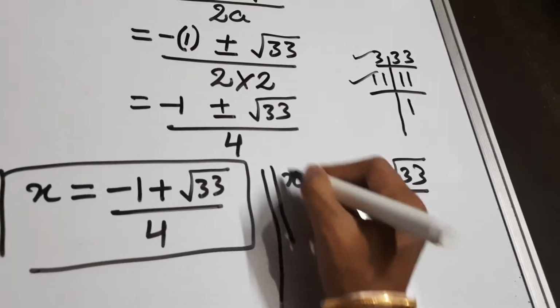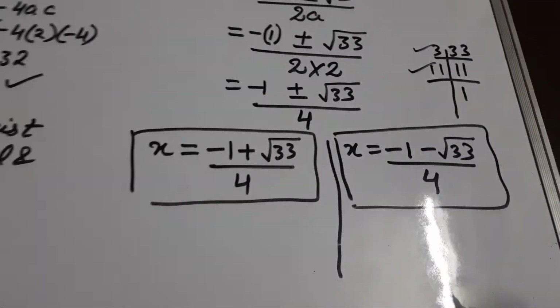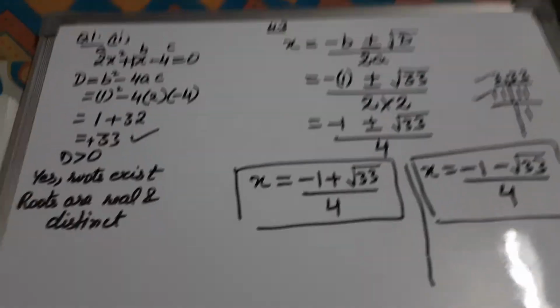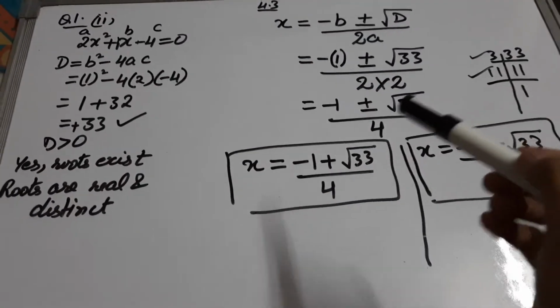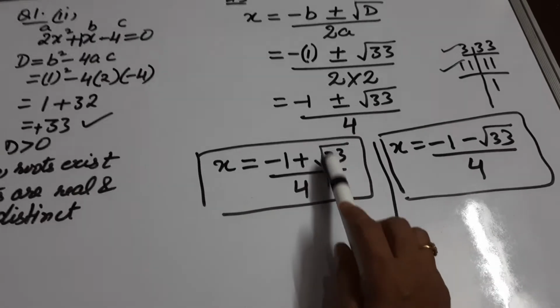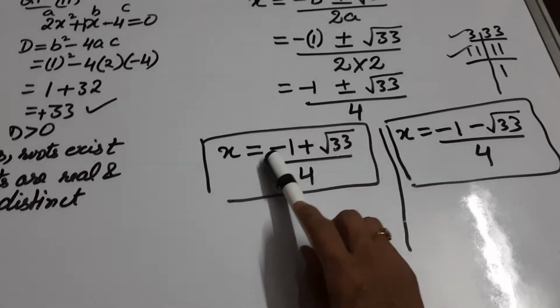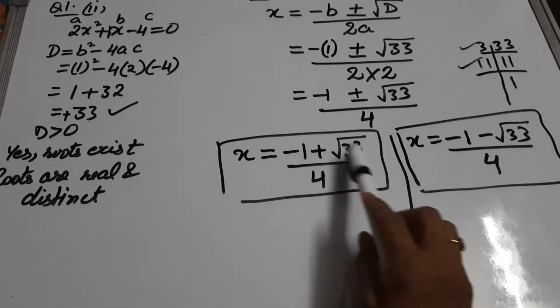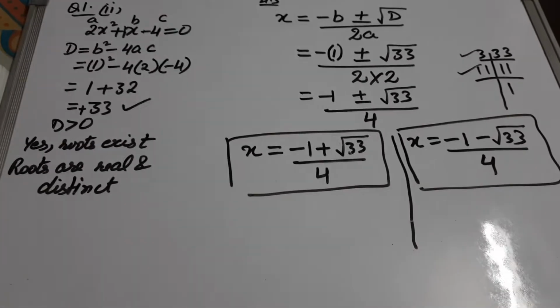So this is the second value, second root of the equation. But if we are able to solve the square root, then we have to solve it. But if it is not getting solved, we will keep it under the root, and because these two are unlike terms, we can't add or subtract them, so we'll write them as it is, right? So these are the two values.